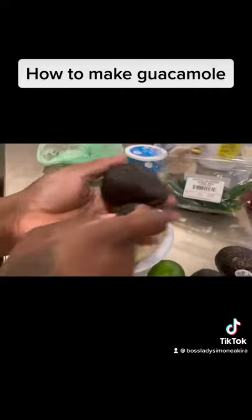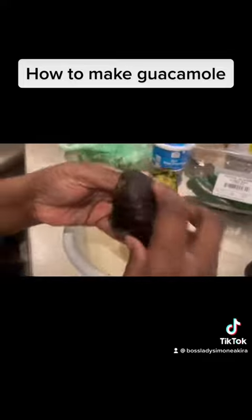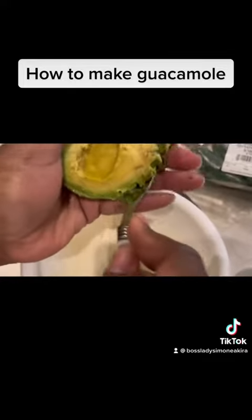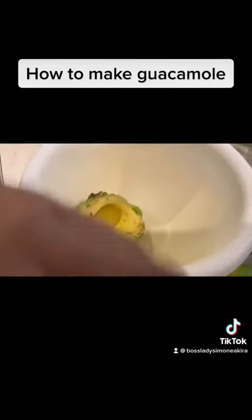So girls, boys, we're gonna take these avocados. I took 5 of them. I opened them up and I like them ripe. And we're gonna put them in this bowl. Then once we do that, we're gonna take our